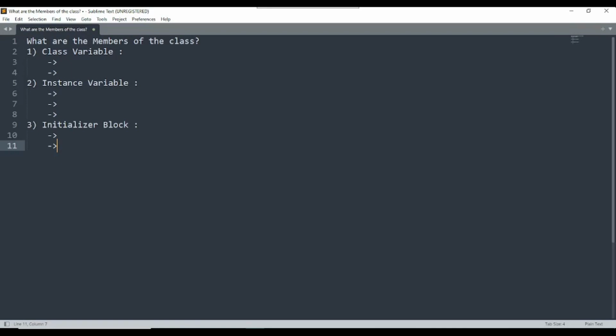It is also known as a non-static block. So the initializer block has another name, the non-static block. You can say an initializer block means a non-static block. The initializer block is very important because whenever you create an object, the constructor will be called. But if you want to execute some line of code before the call to the constructor, at that time the initializer block will be used.